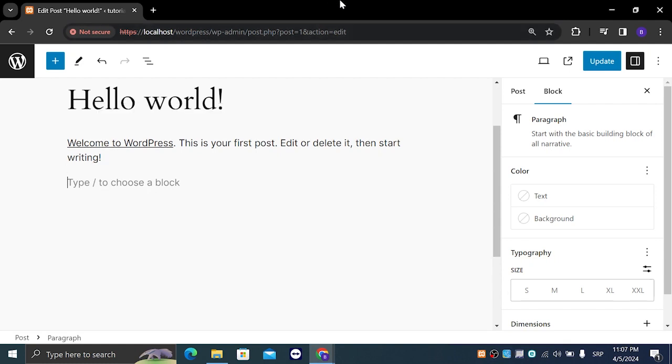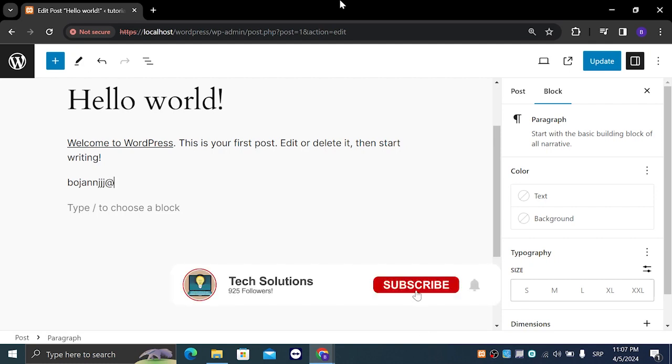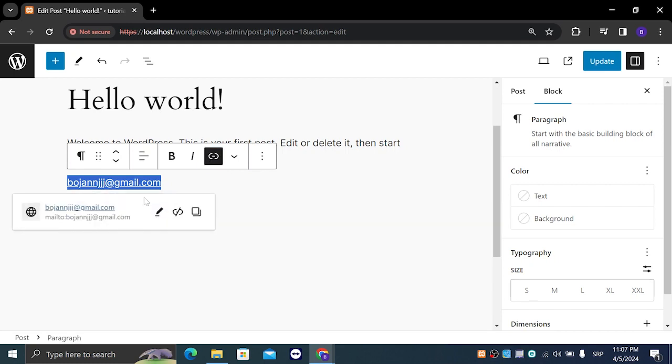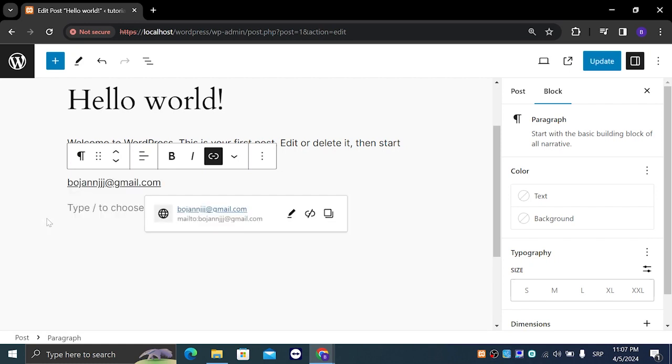So what we're going to do is click enter and type our email, like this. Then we're going to select it, and click on the link button right here. You're going to left click on that, and basically it's going to automatically go to mailto: